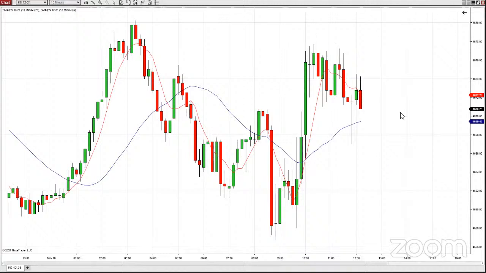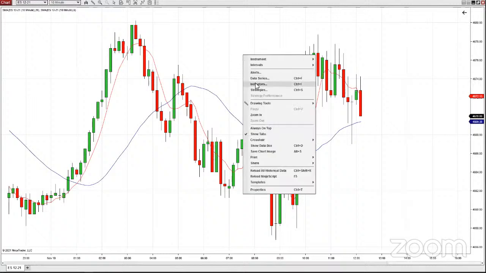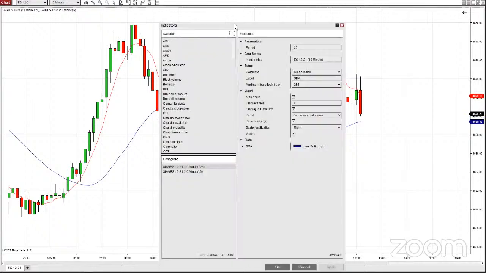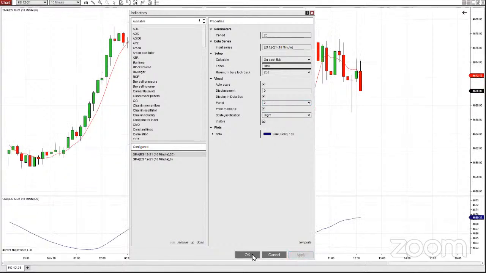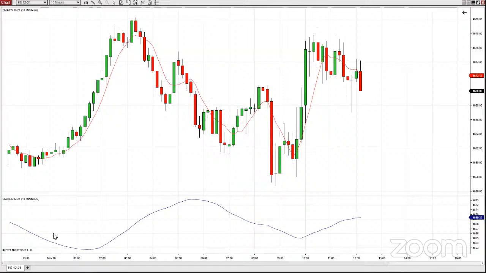Everybody with me? Now, this kind of view is messed up. It does help me, but it's kind of cluttered, right? So I'm going to unclutter it right now. I'm going to go back to my indicators, and for my slow moving average, I'm going to create a new panel, because right now we're in panel 1. We only have one panel. I'm going to add a new panel, and I'm going to hit apply, and okay, and it creates a second panel. It's panel 2, and that panel 2 is now below.